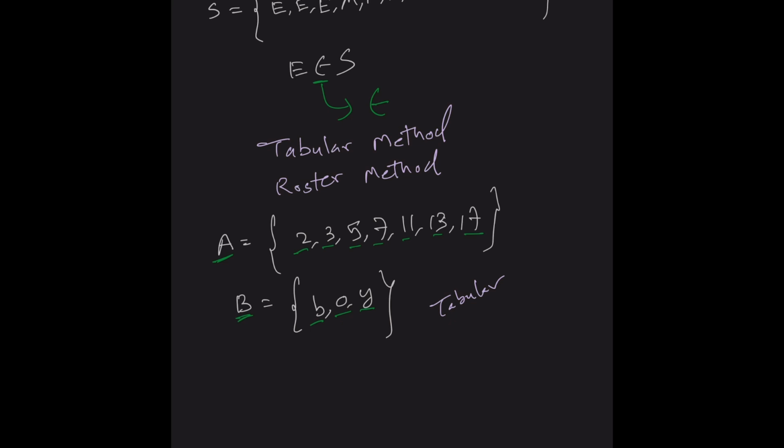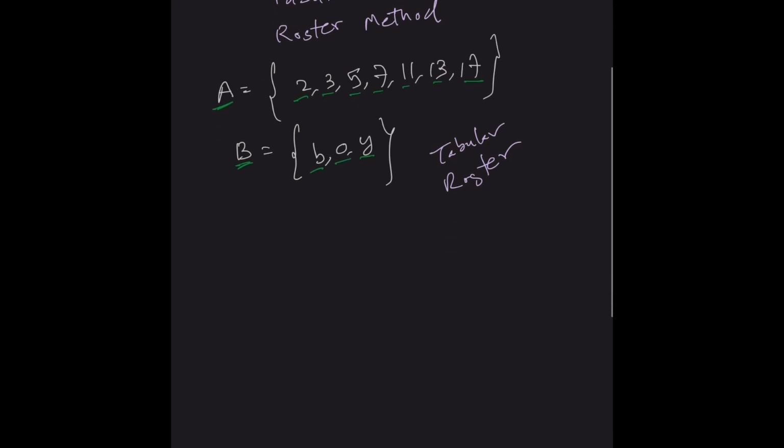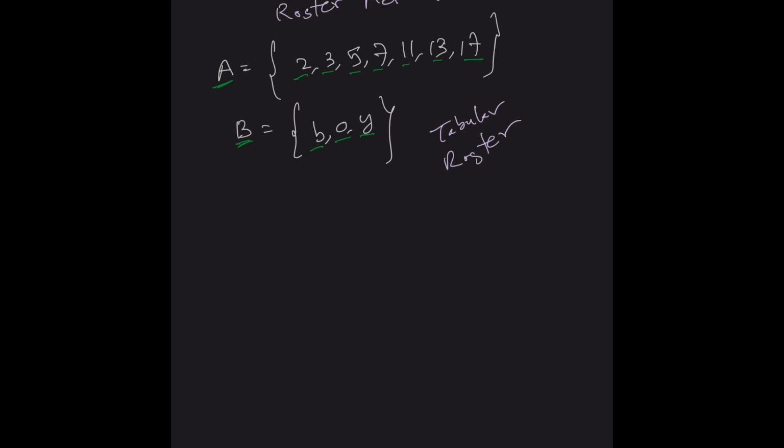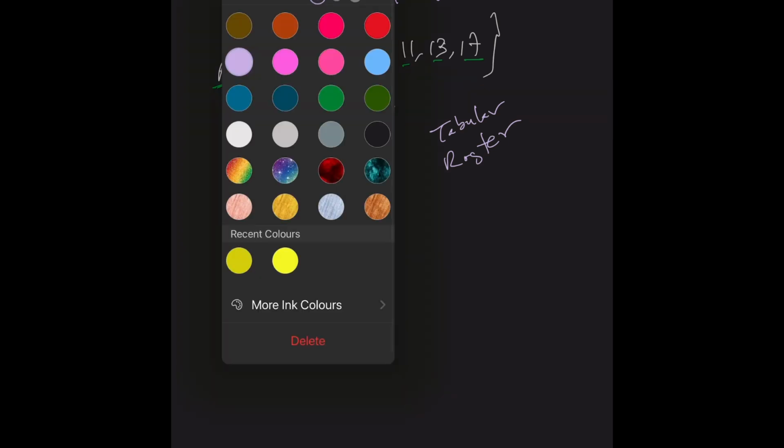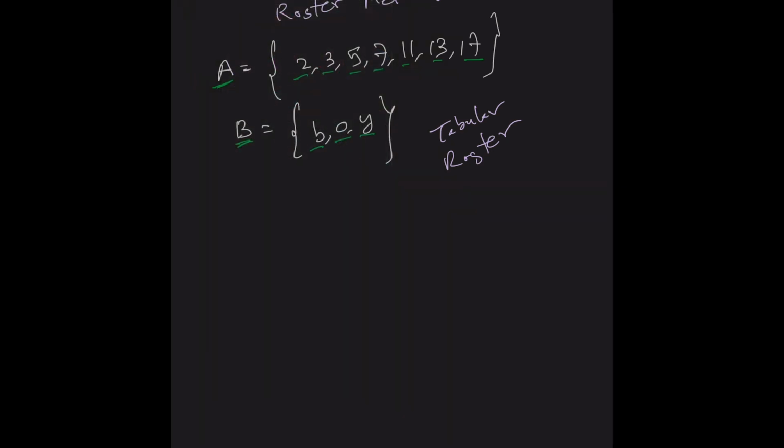It also has another name, the roster method. There is another way of representing a set that's called the set builder method. It's a bit different from this one. In the set builder method, instead of writing down all the elements, we use a rule to define what type of elements the set consists of. For example, if A is a set written like this,